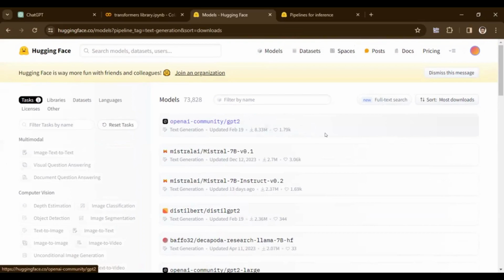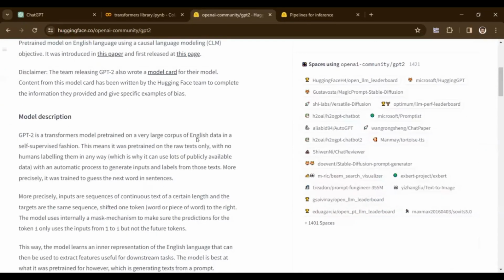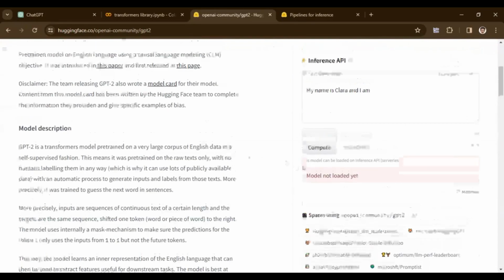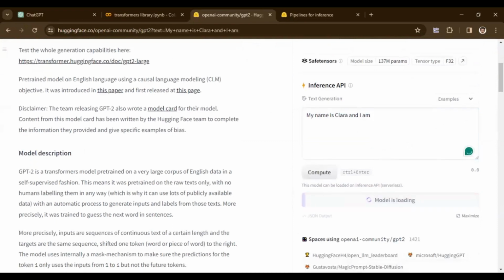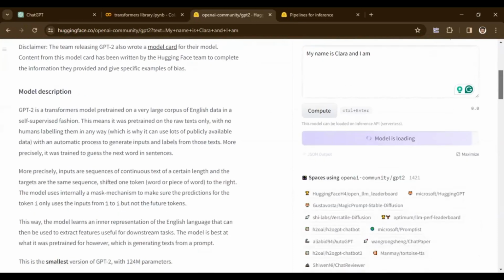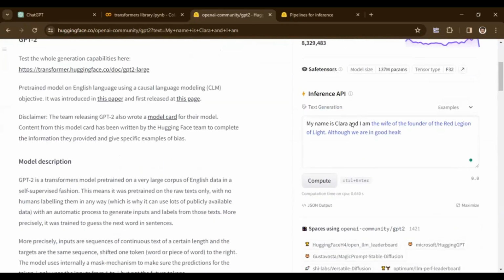Oh, they have GPT-2 in here. This one doesn't have the API, never mind. Let's see if we can try the inference API. See, there's a loading. Okay, they're generating the text: I'm the wife of the founder of the Legend of